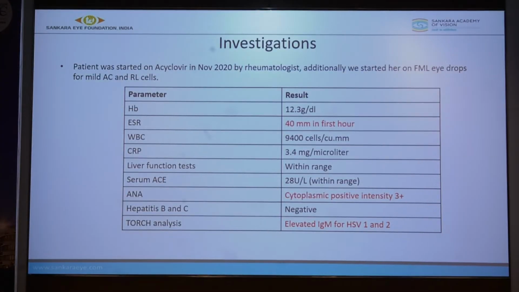We sent the child to a rheumatologist, and this time they got the child evaluated. The ESR was raised, 40 mm in the first hour. The rest of the parameters were normal. The rheumatologist also got ANA levels done, which showed a cANCA positive. TORCH analysis was positive only for herpes virus. The rest of the viral profile was normal. Even HIV and the rest of the tests were normal.